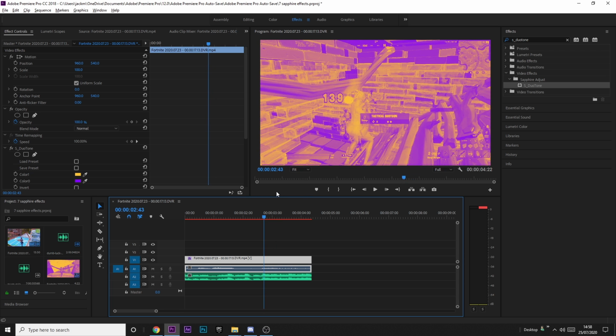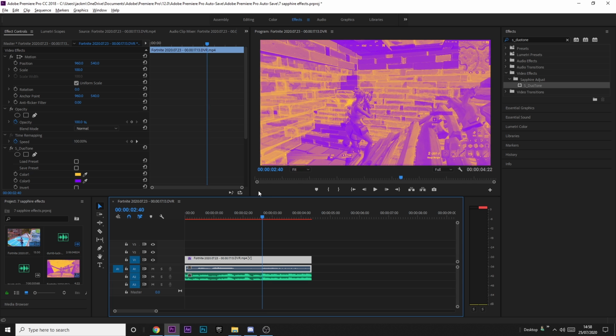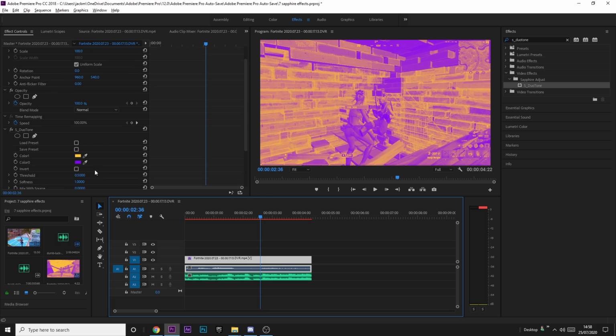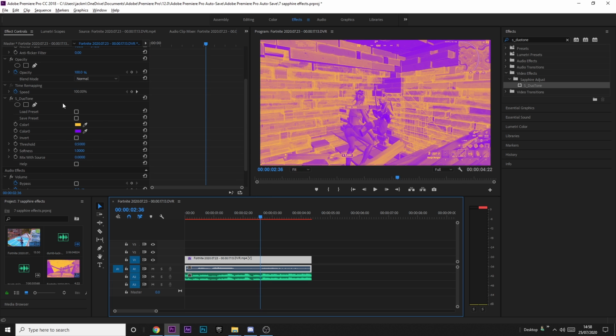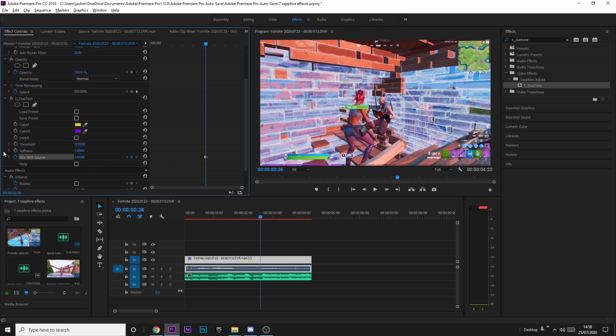but I'll show you what it looks like if you do it on the kill, because I have done that before. So if we do the keyframe thing as we usually do, and then you just want to come down, so you change these colors. If you accidentally put purple on the top and yellow on the bottom, just click invert, but obviously you don't want it to look like that. You want it to look like this. And then click mix with source, put that to 100,